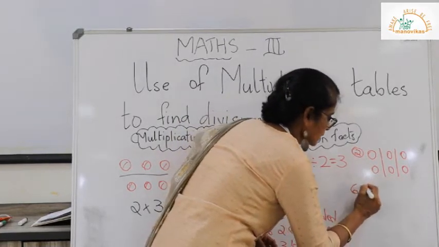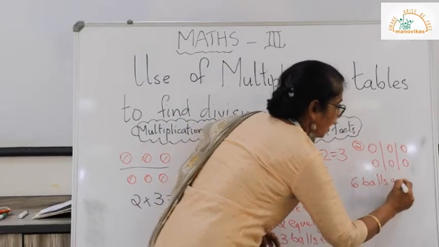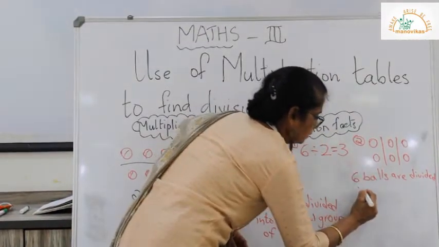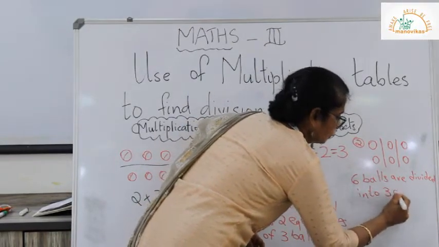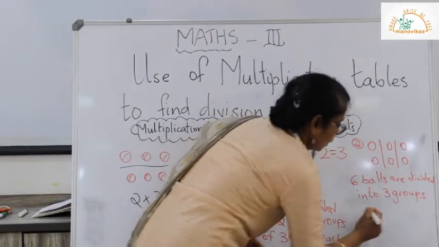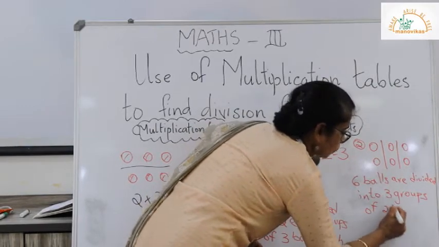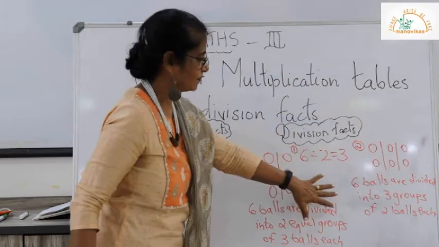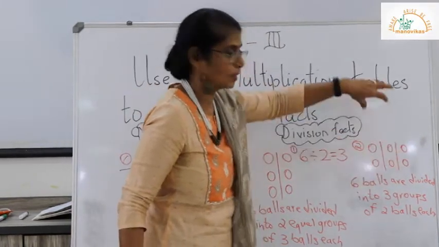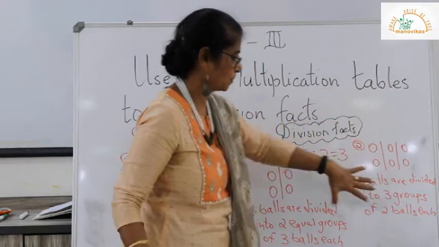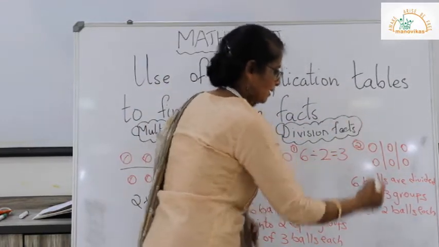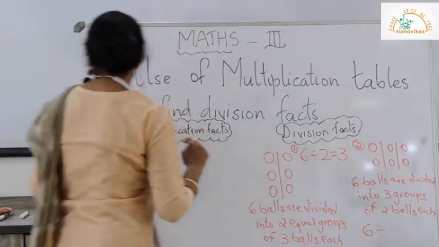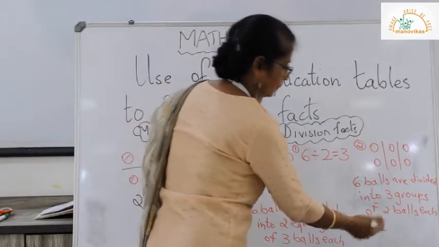That means 6 balls are divided into 3 groups of 2 balls each. What we have done here is, we have taken the 6 balls and grouped them into 3 groups of 2 balls each, and we get 6 divided by, now what will we write